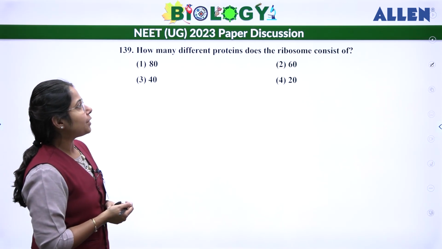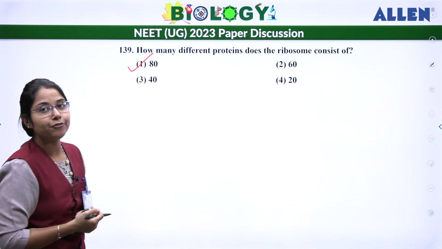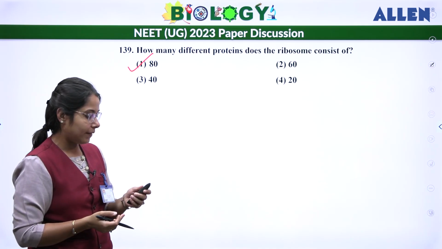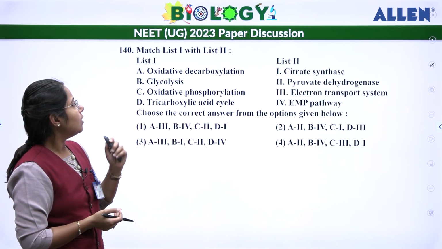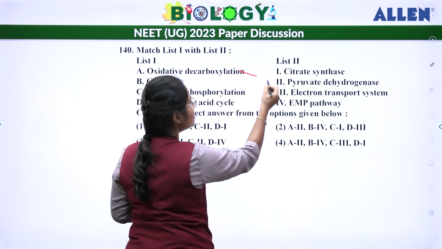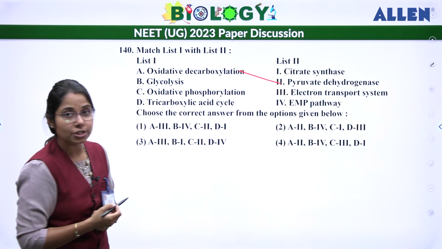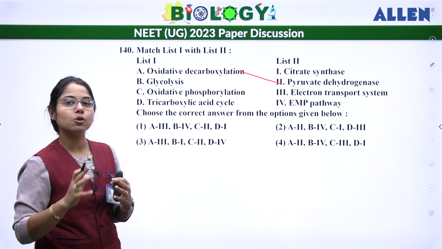How many different proteins does the ribosome consist of? Ribosomes consist of 80 different types of proteins. Again, list: oxidative decarboxylation occurs by pyruvate dehydrogenase, where pyruvate converts into acetyl-CoA and the acetyl-CoA will enter into